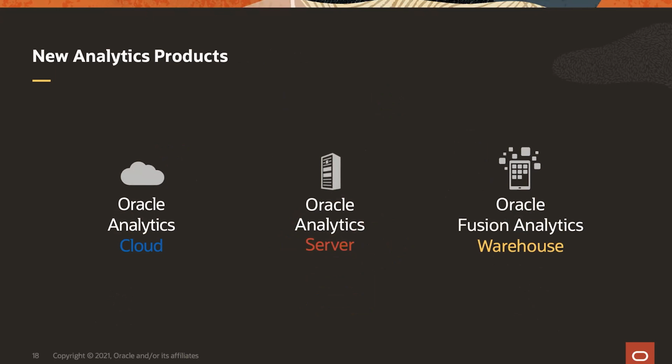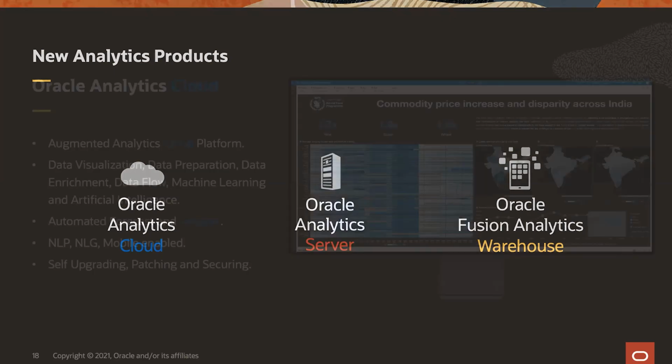We have also 3 products for analytics. We have Oracle Analytics Cloud. It's our flagship product. Most of Fortune 500 companies are using it, like HSBC, Delta Airline, MetLife, and others. We have also Oracle Analytics Server, the same as Oracle Analytics Cloud, but on-prem in your data center. We have also Oracle Fusion Analytics Warehouse, which is our top new managed augmented analytics product. And today we have Ash, which is going to demo it again.